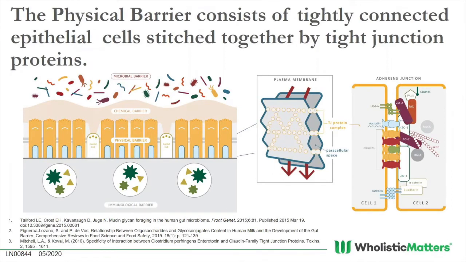Now, moving down the barrier section, we also have the physical barrier. And the physical barrier is made up of all of these different epithelial cells, as well as the goblet and Paneth cells, and they're connected tightly by these tight junction proteins. And if you look here on this diagram, it's actually a relatively complicated mixture where you have all these different components that help stitch these cells together and make that barrier so strong and allow for the selective uptake of nutrients through the cells, and very, very specific things are able to get through only.